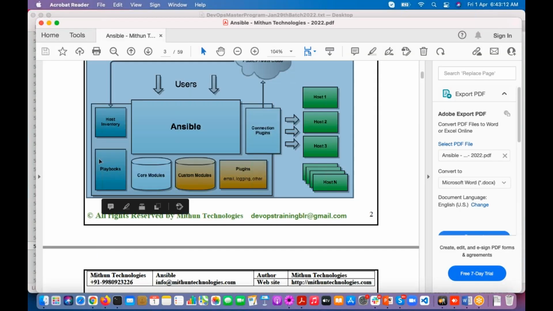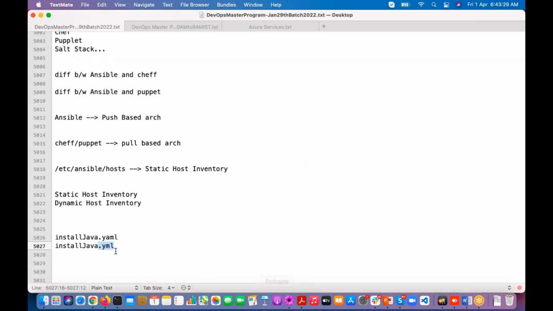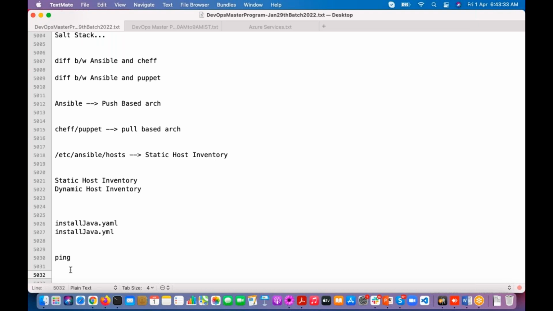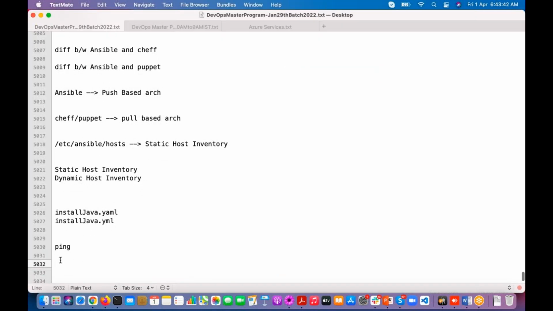So we are going to write the playbooks. Some core modules will be there. In Ansible, we are going to use many core modules. Suppose you want to ping all the servers, we have a module called the ping module. If you want to execute some commands on the host machines, we use the shell module.